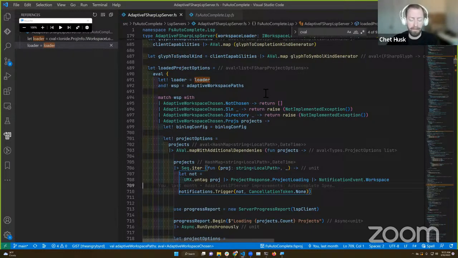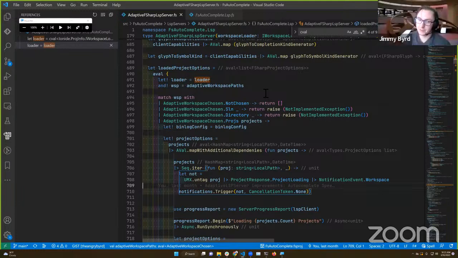So I'm a big fan. For the record, our goal is to make the adaptive server the default in the short to medium term. Rant over. It's been a nicer experience, and I've been dogfooding this a lot on my work project, so I know it handles fairly big projects pretty well.